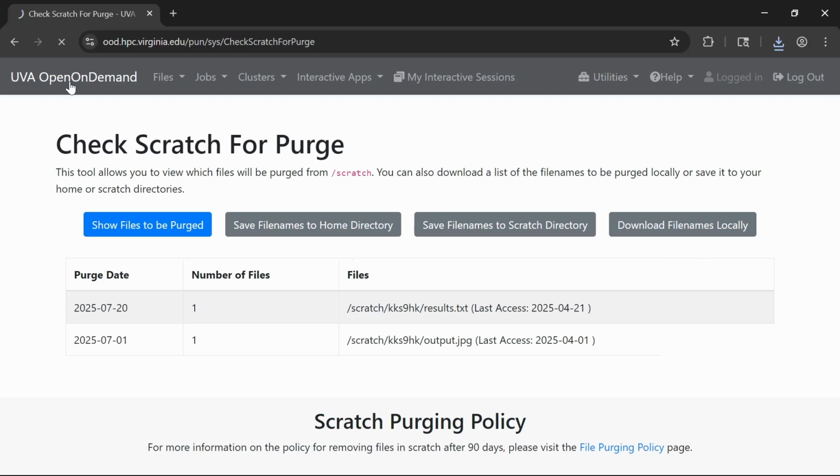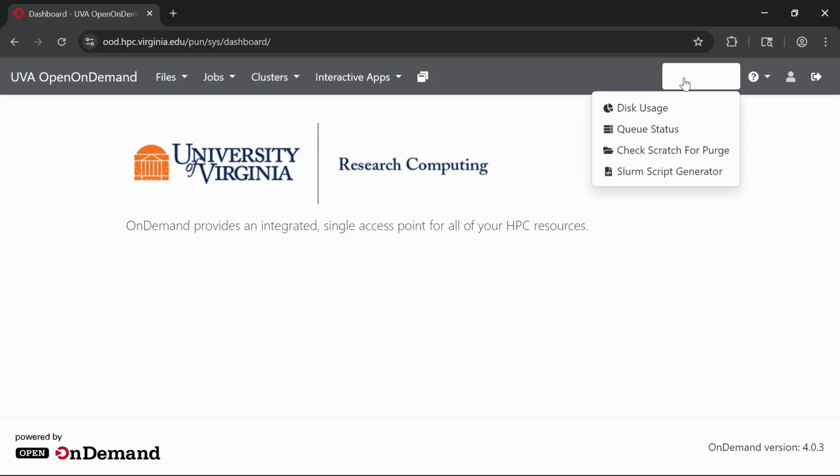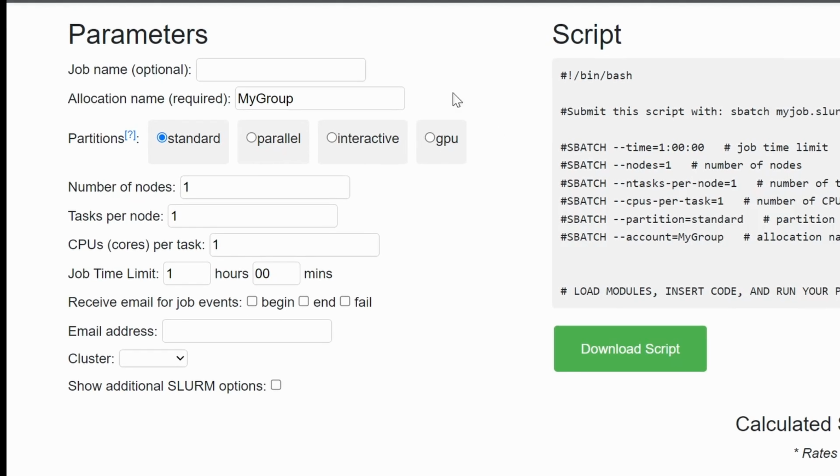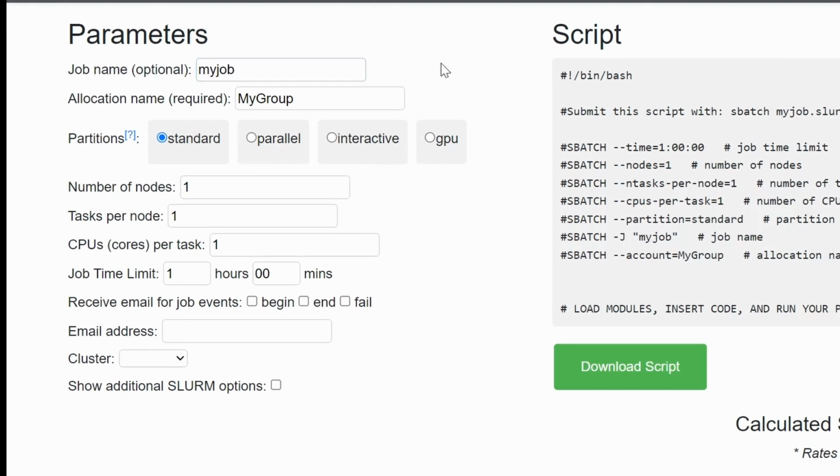The last utility is the Slurm script generator. This is something you can use to create new batch scripts that you can submit later. This page gives you a form that you can fill out on the left where you can give it a job name and your allocation. You can select the partition, adjust the number of resources that you want, such as the number of cores